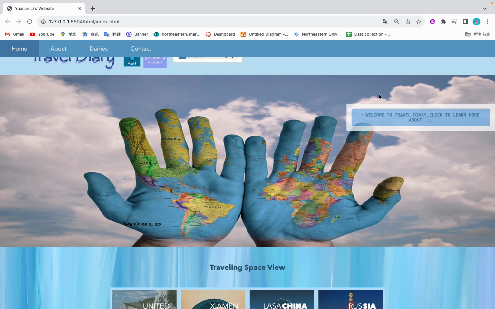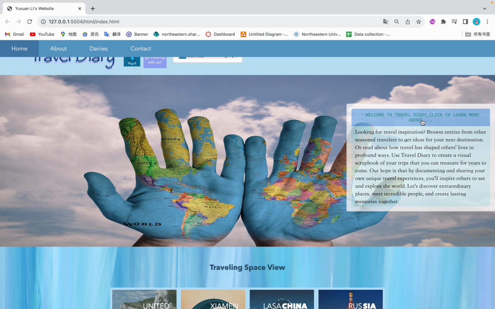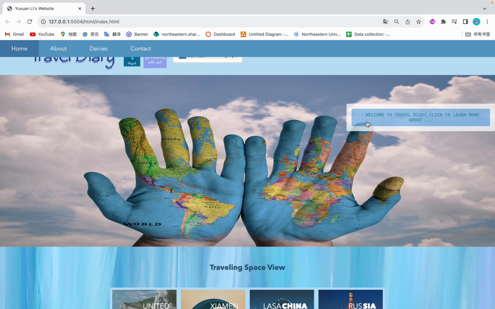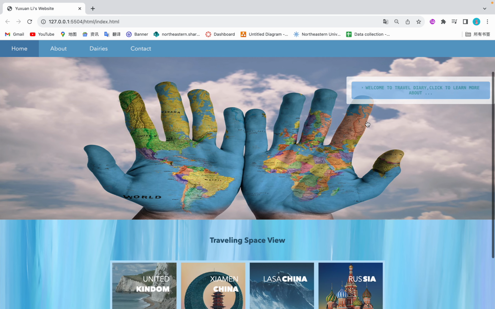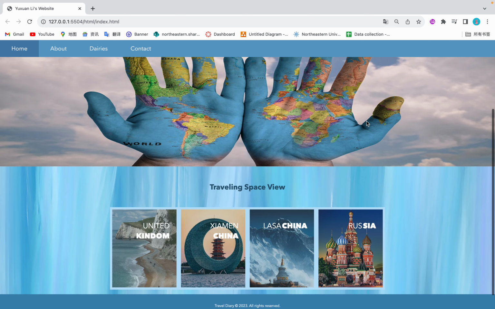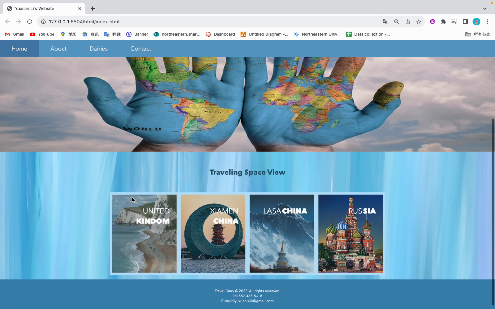And also there's an introduction with a classical design that, when you click to learn more about it, will show the rest of the information. I made this one to ensure that it will have no more content. One of my favorite places in this homepage is the traveling space view with the photo galleries, and I made a transition